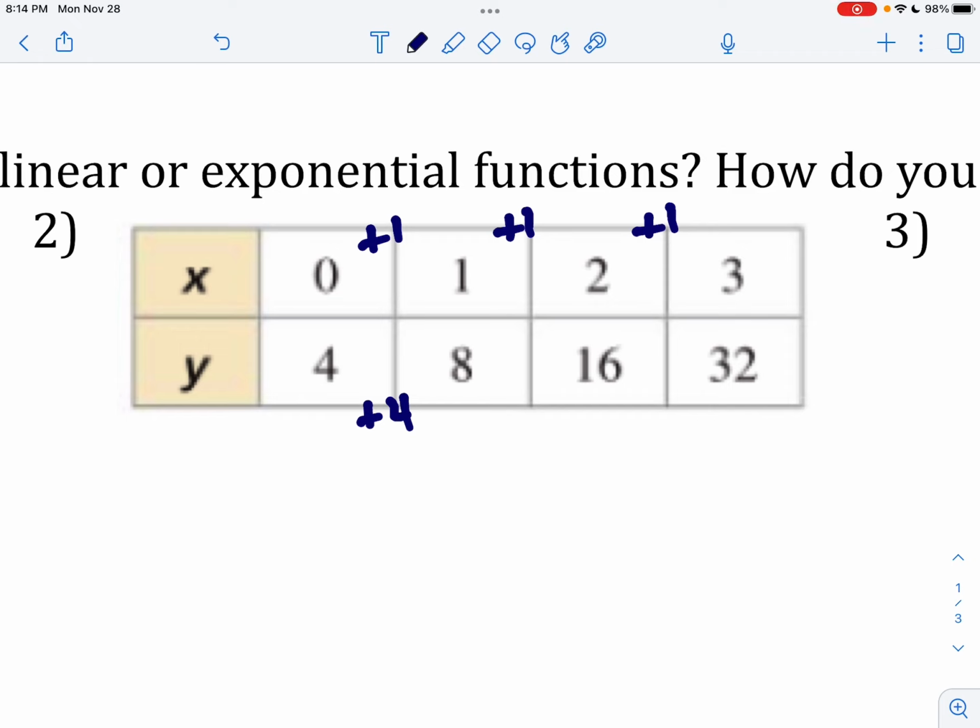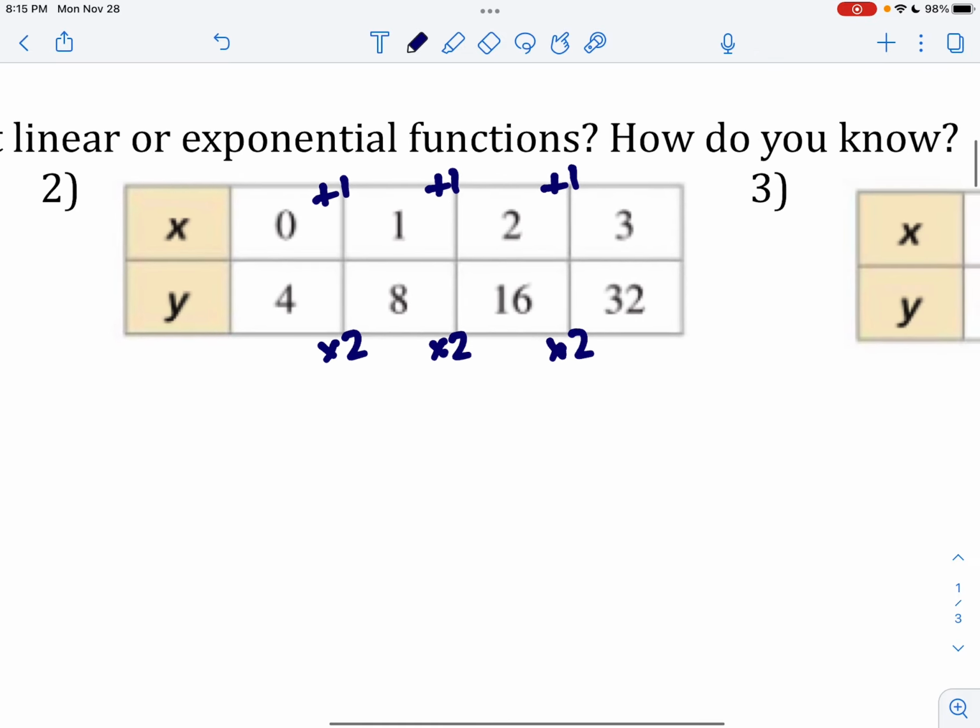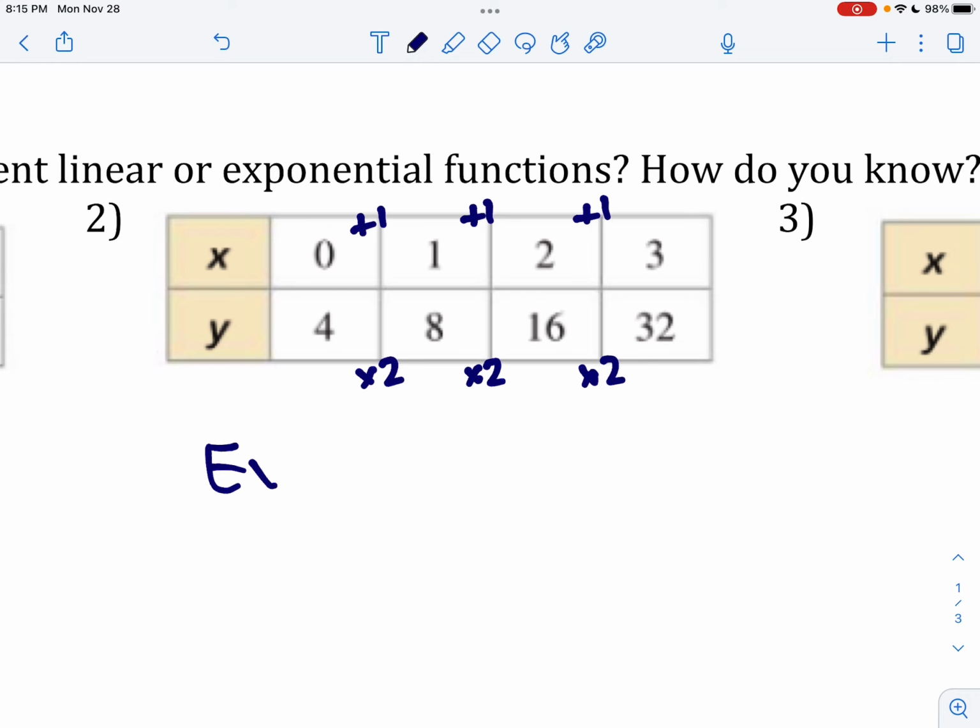It's not a plus 4 again. So we know it can't be linear. So that means we have to go back and check. Does it multiply by some number to get to each of those by the same number? So 4 multiplied by 2 gives me 8. 8 times 2 is 16. 16 times 2 is 32. So I know that this has to be exponential